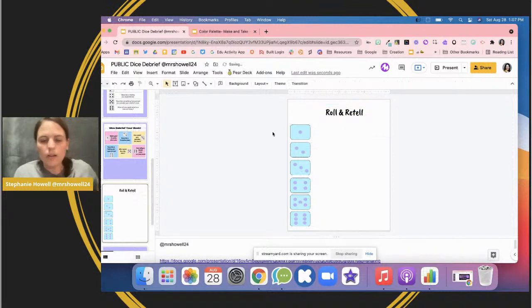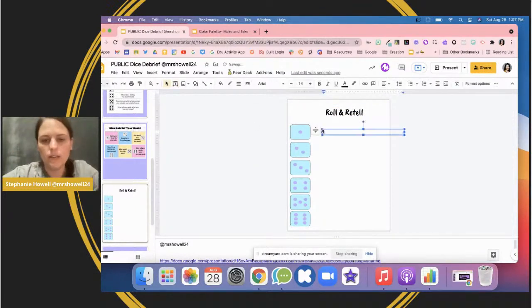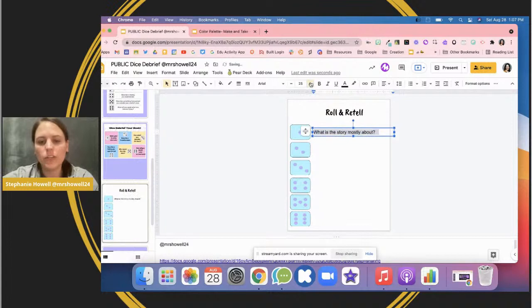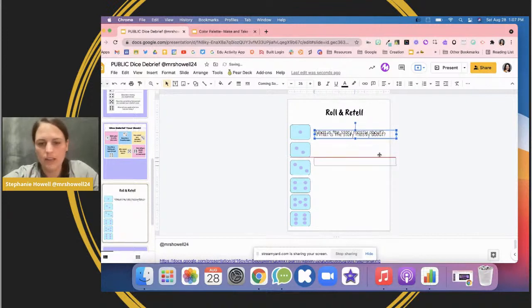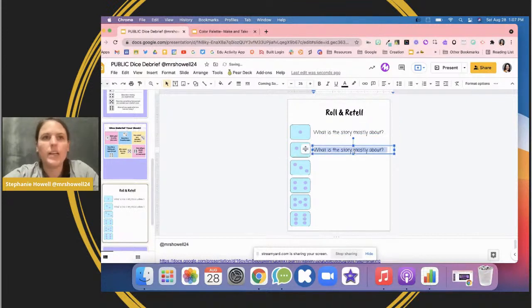All right, so now I'm going to go in and add another text box. And I'm going to do a different font. Okay, so right there, I'm going to go right here. What is the story mostly about? Okay, that's the first question that I want my students to answer if they roll the number 1. So again, they have to roll the number 1, and then that would be the question that they have to answer. I'm going to copy this, add it to the number 2, and then I can do